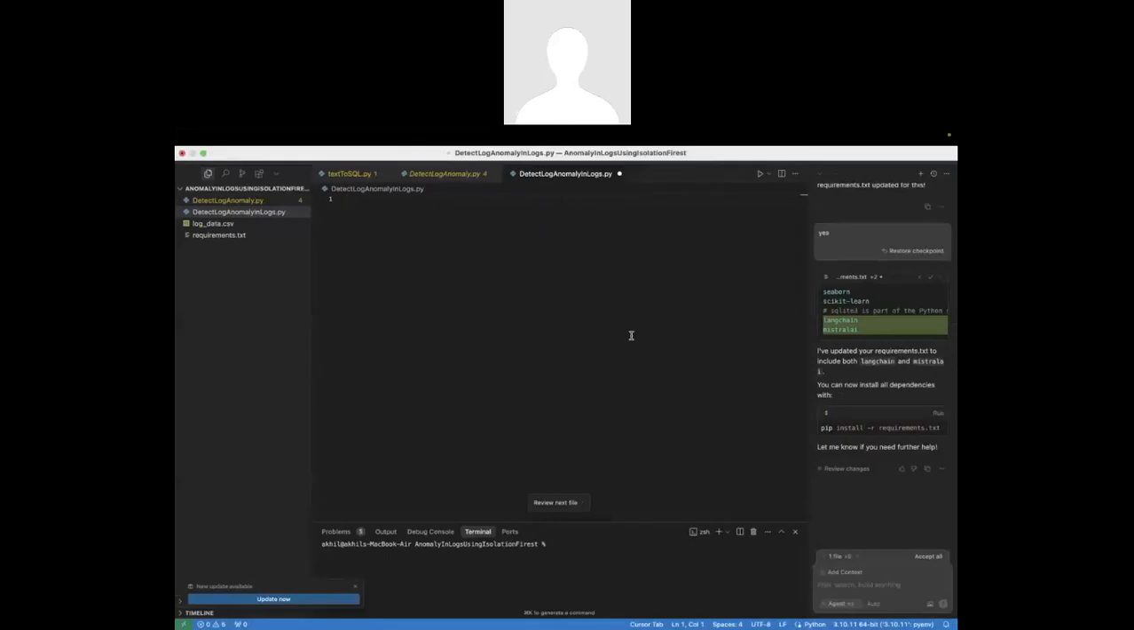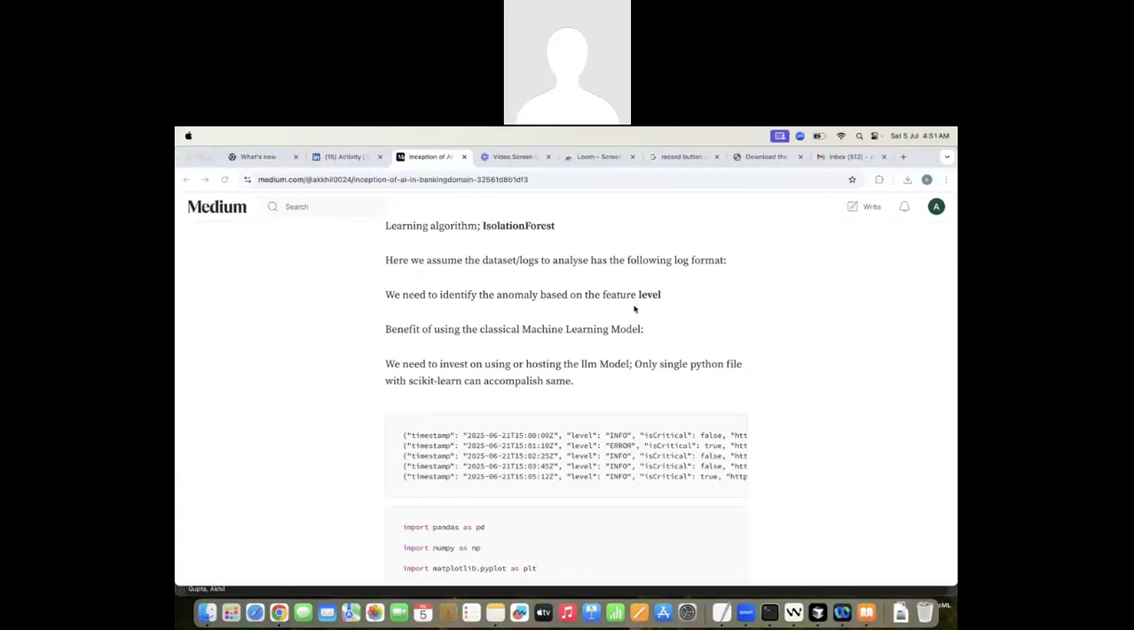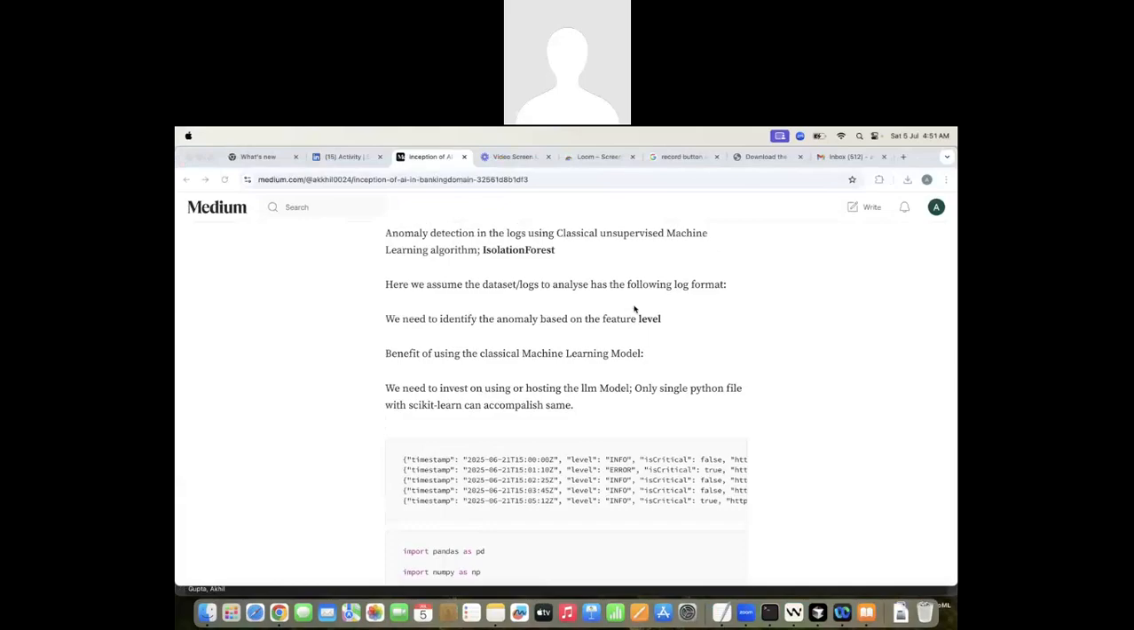Hi everyone. Today we are going to talk about one of the basic implementations using a classical machine learning algorithm called IsolationForest. I've already created the application and it's being hosted on Medium. If you see here, we'll be doing this as a full hands-on